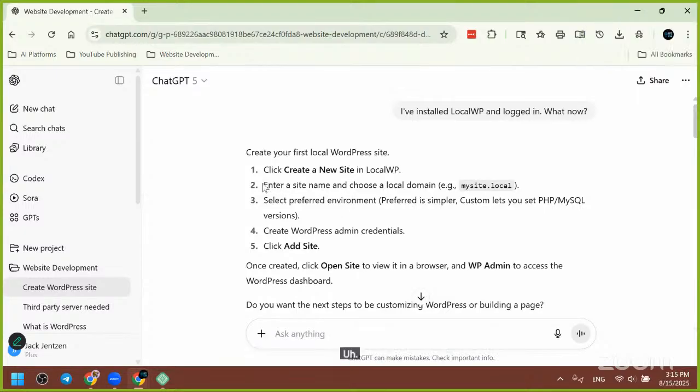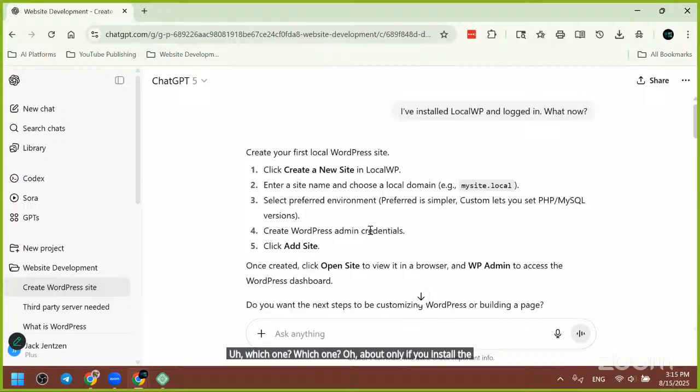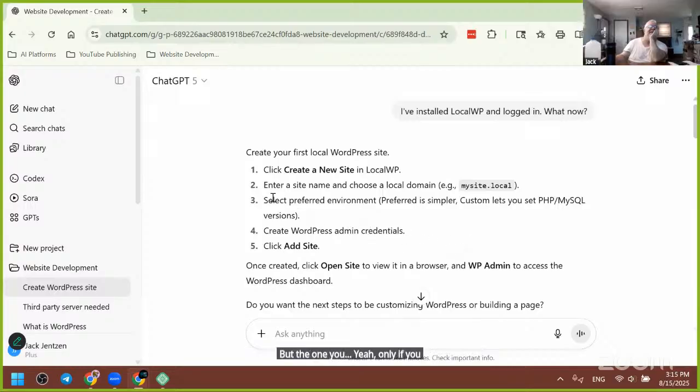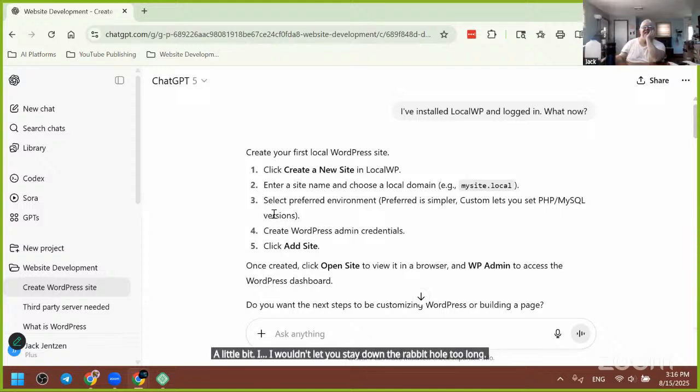Which one? Oh, the one you only get if you install the app. Yeah, only if you install the app, right, exactly. A little bit. I wouldn't let you go down the rabbit hole too long. Right, exactly. All right, so